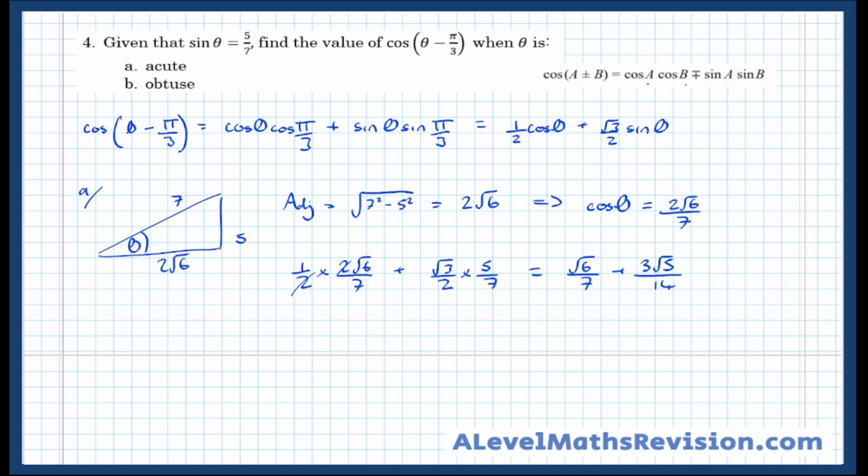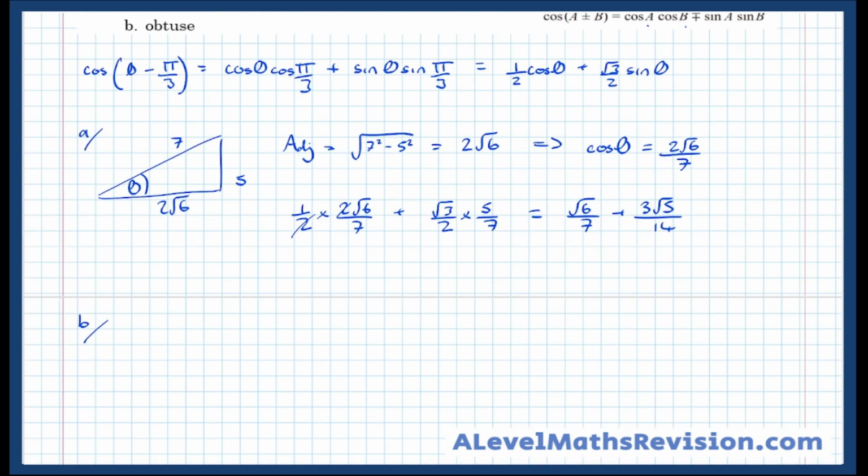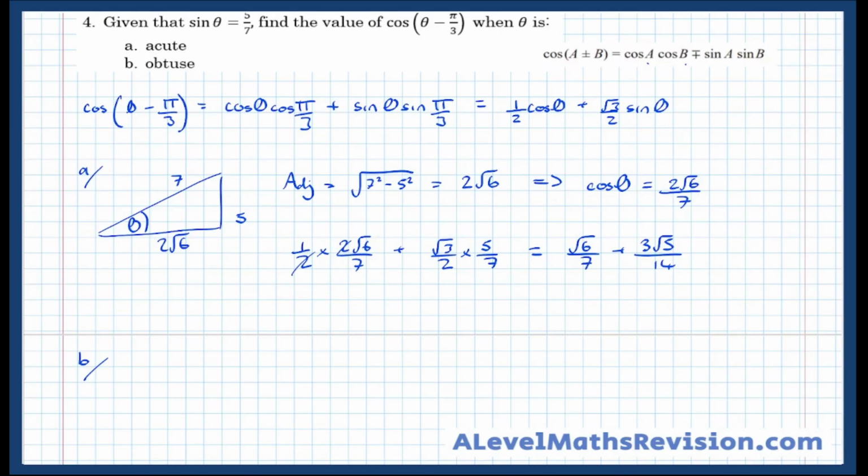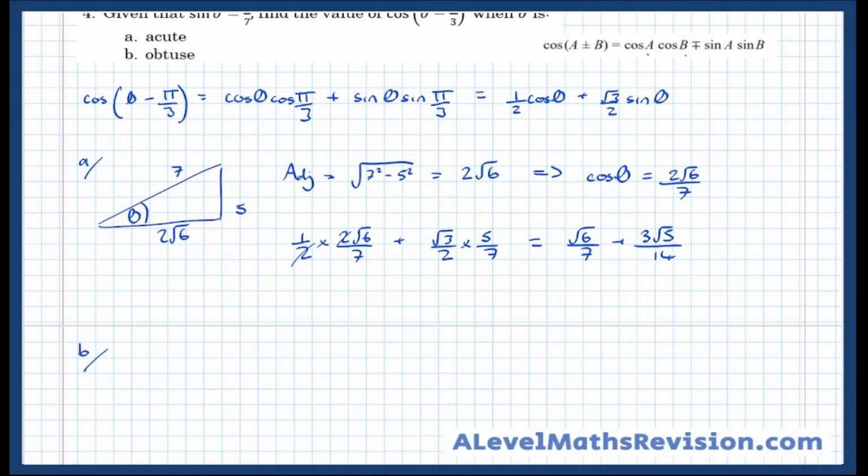Part B, slightly more difficult, because now the angle's obtuse, so we can't model it using a triangle. If we try to model this using a triangle, an obtuse angle, we don't get a right angle triangle, we just get an open shape like that. So we're going to use the trig identities. So we've got that sine theta is 5/7,